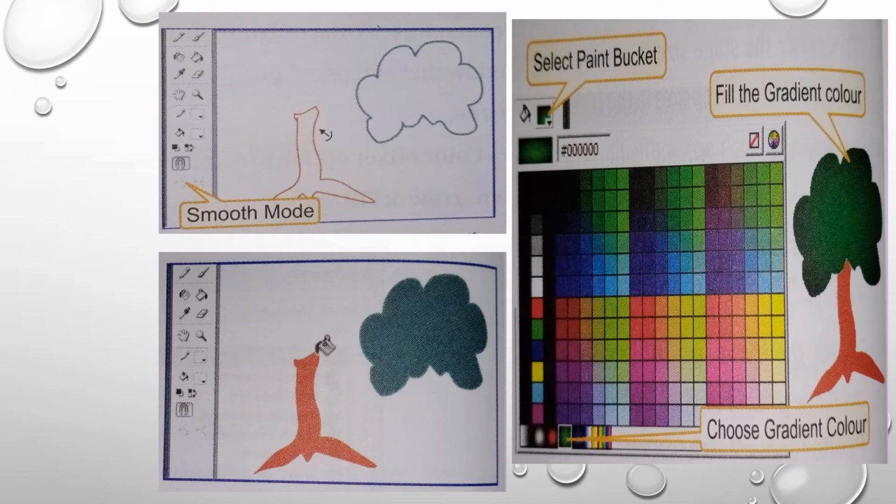Now applying the gradient fill. Gradient means filling the color in the object from light to dark. That basically gives shade to an object, or is color formatting by mixing two or more colors in the object. Select the tree using the selection tool. Select the paint bucket tool. Click the Fill Color drop-down arrow to get the color palette. Select the gradient effect and click inside the object. The gradient color fills the shape.